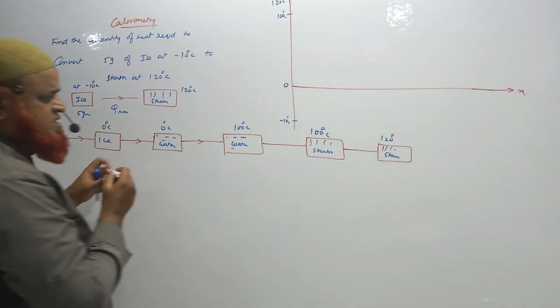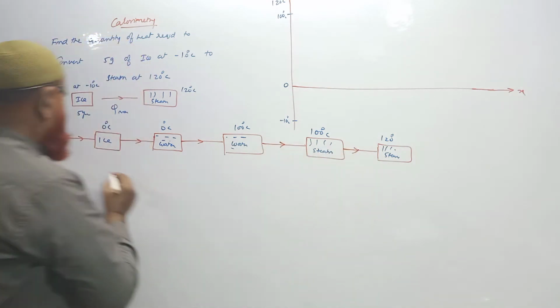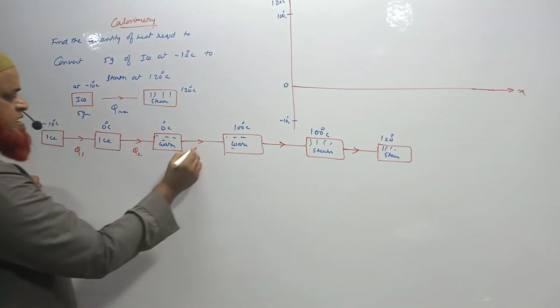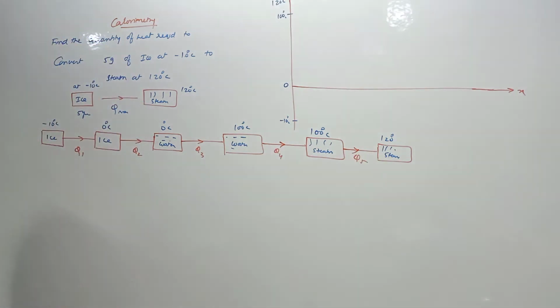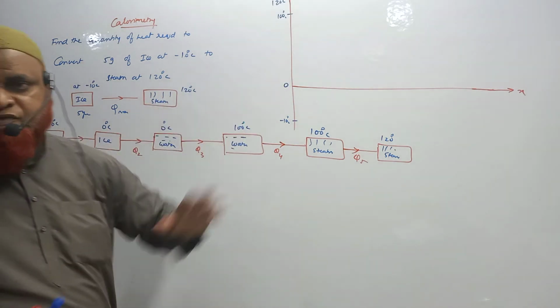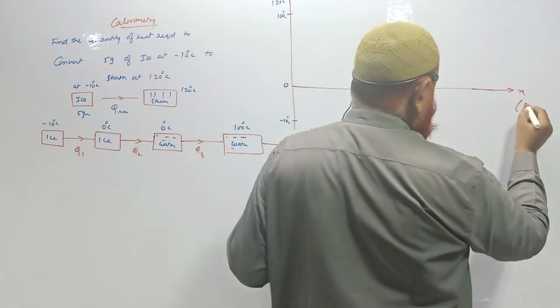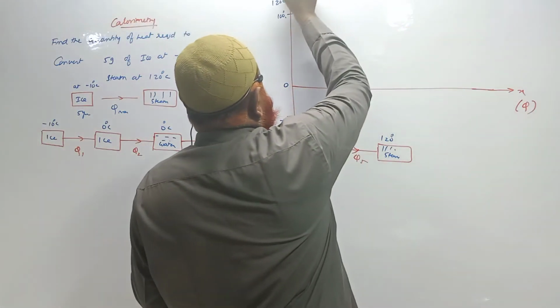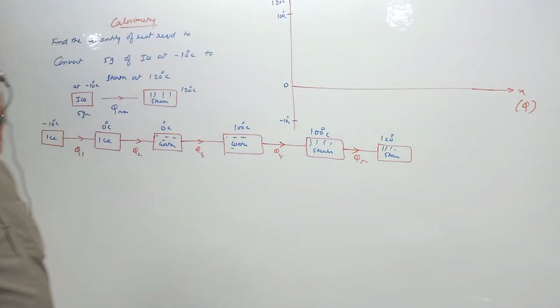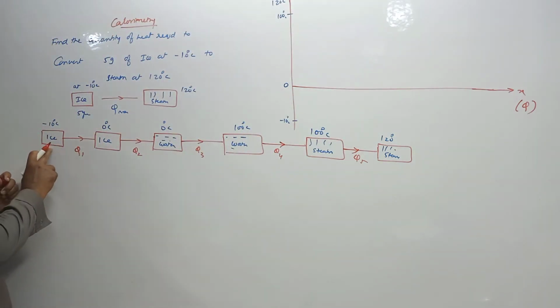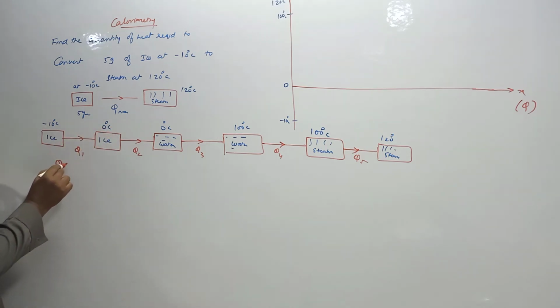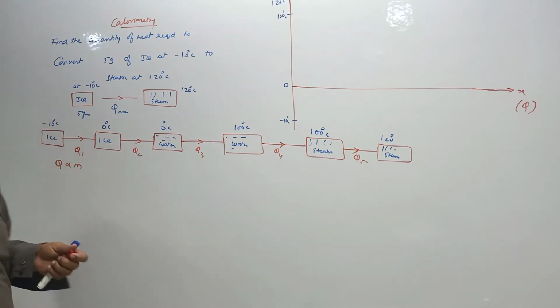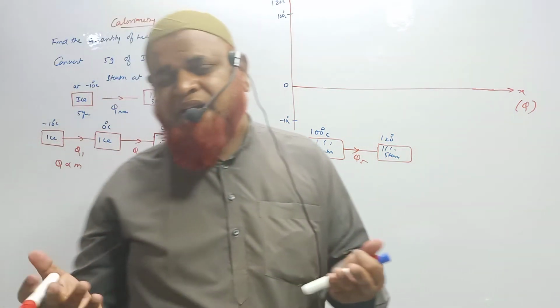Okay, so how many stages are there? You just imagine here. The first stage is Q1, second Q2, Q3, Q4 and Q5. These many stages are there here. Okay, so first stage we shall discuss about these stages by using even graphs also. Here X represents quantity of heat, Y represents a rise in temperature here. Understand? So if you observe here, ice at minus 10 is converted into ice at 0, and the concept here is Q is directly proportional to mass. Okay, the more the mass, the more the heat is supplied.